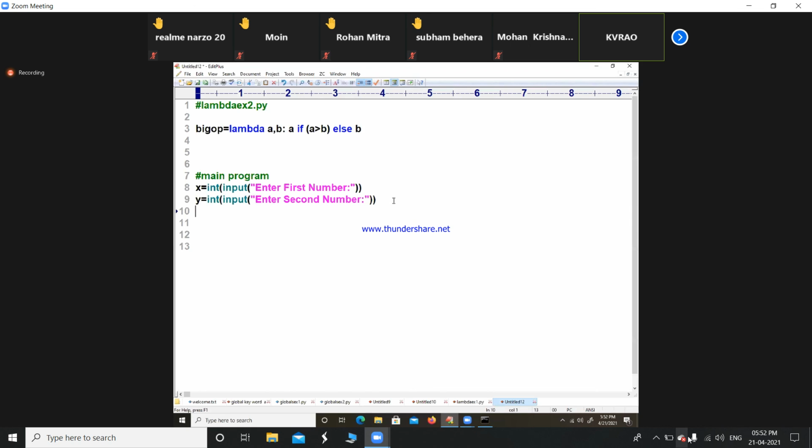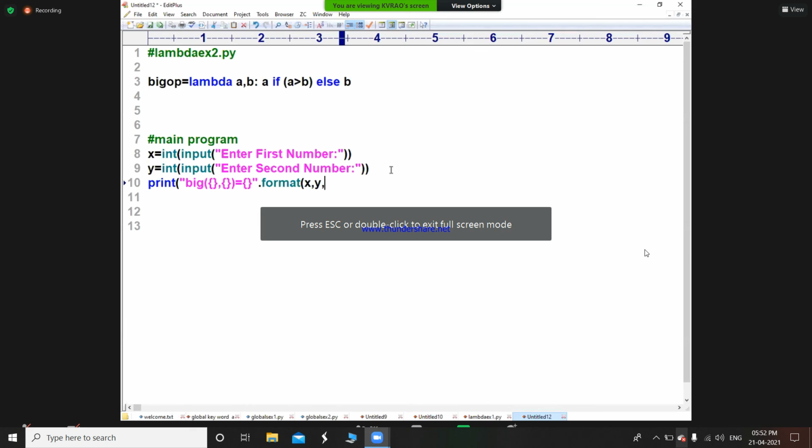Now you find print of, I'll write big of, comma is equal to like this. Now tell me, dot format of x comma y comma big OP of x comma y. Mind blowing statement.